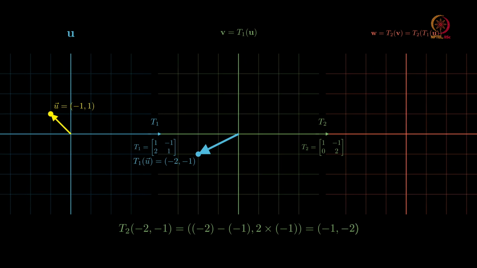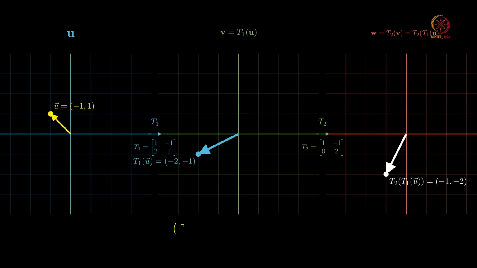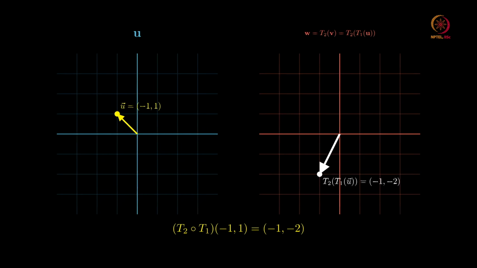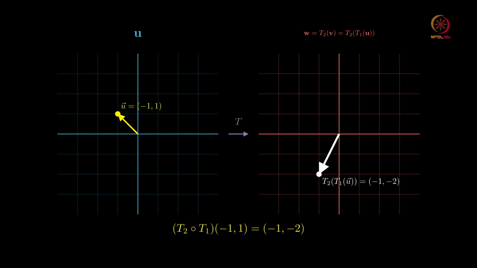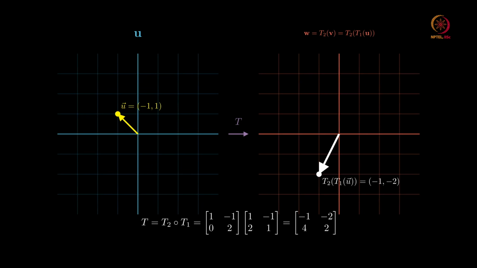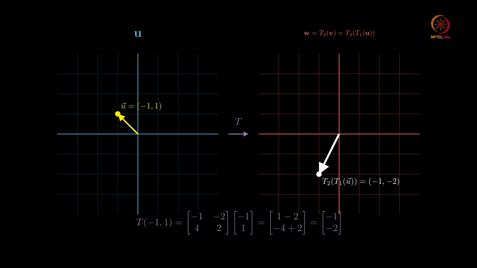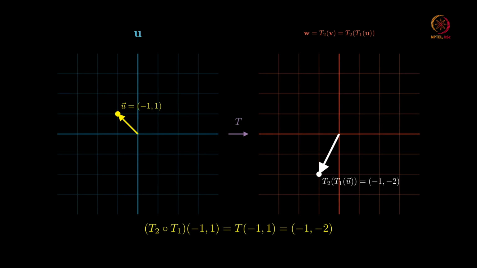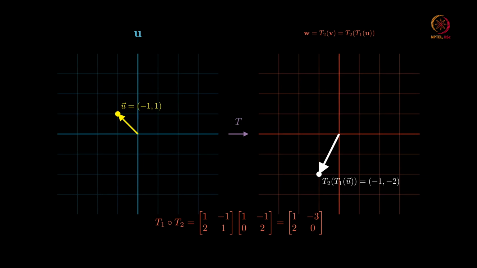Say for example, if T1 has a matrix associated with it, let us call it A, and T2 has another matrix associated with it, we call it B, then the matrix associated with T, which is the composition of T2 and T1, is going to be the matrix BA. That is what this means. So, matrix multiplication results in another matrix, and that matrix would correspond to another linear transformation. That is what we have. Okay. So, what are we going to do now?